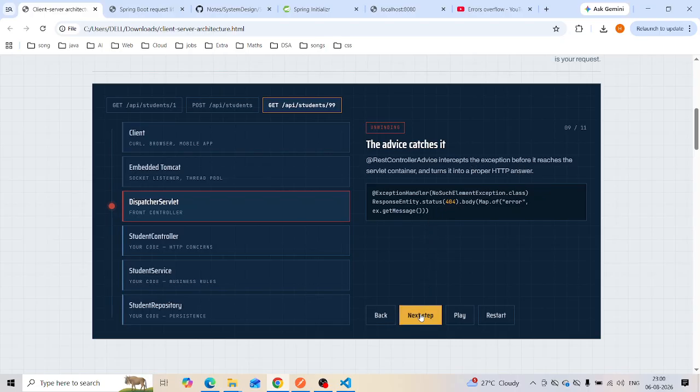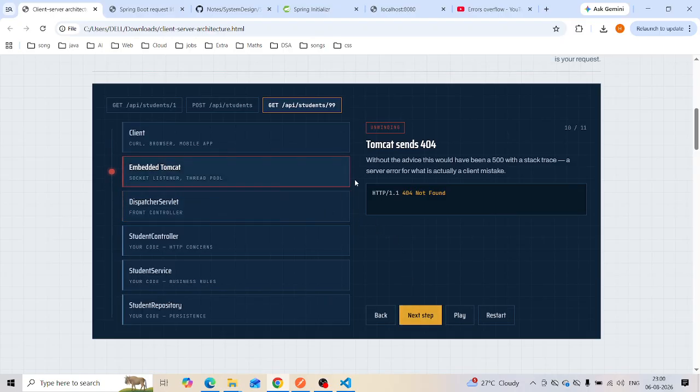Then it goes to the dispatcher servlet. Without the advice this would have been a 500 stack trace. Now what happens is it sends a 404 Not Found to the embedded Tomcat, then it goes to the client, with the error: no student with that ID number.